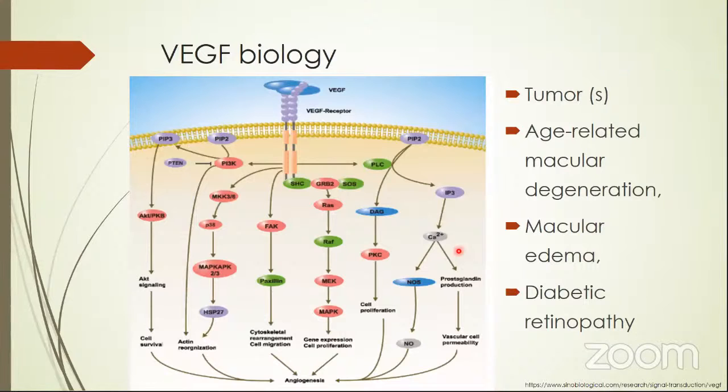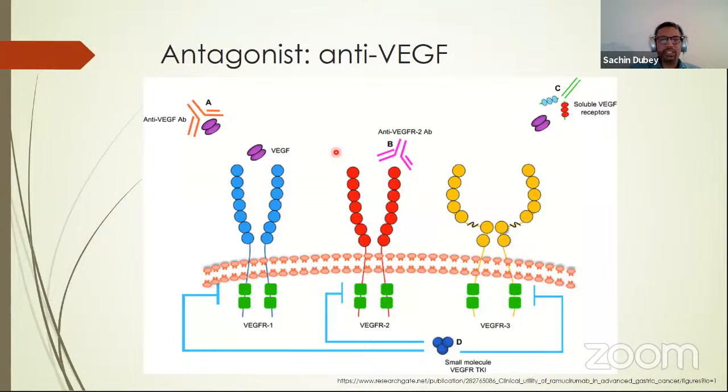But from a biology or biopharmaceutical perspective, the approach we take here is that we try to block this interaction on the cell surface itself. From an antagonistic perspective, you can have an anti-VEGF, an antibody which binds to the VEGF as such. We can also have an antibody which is against the receptor. So either you capture the protein, or you can capture the receptor,